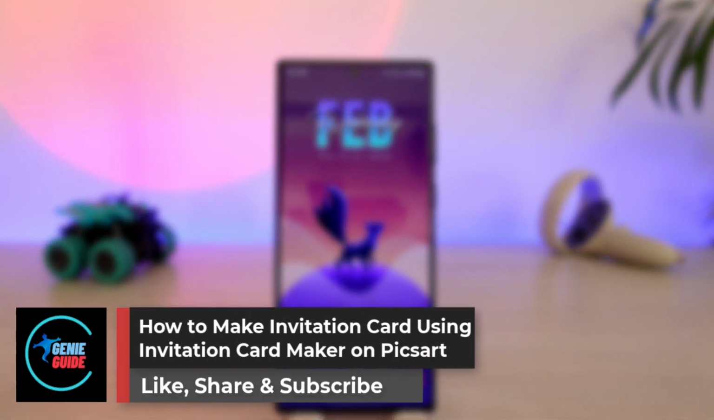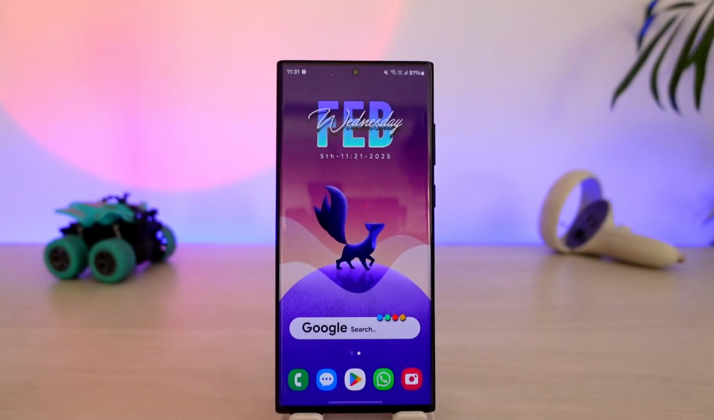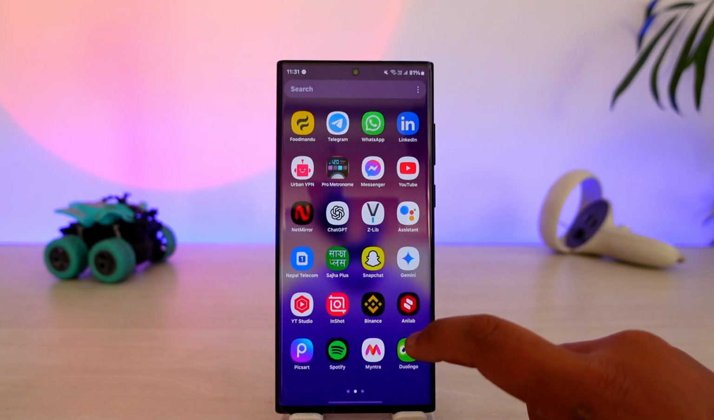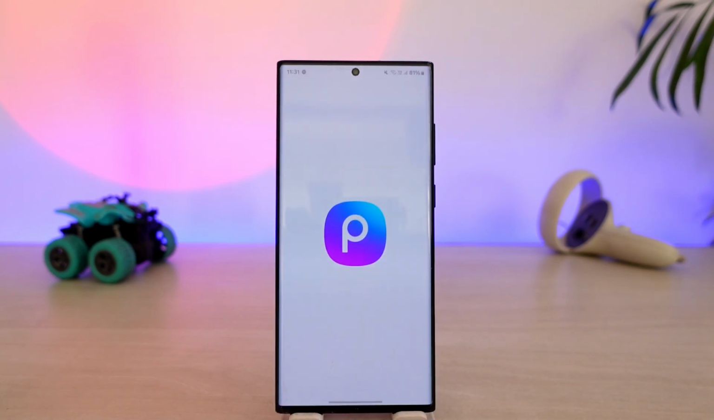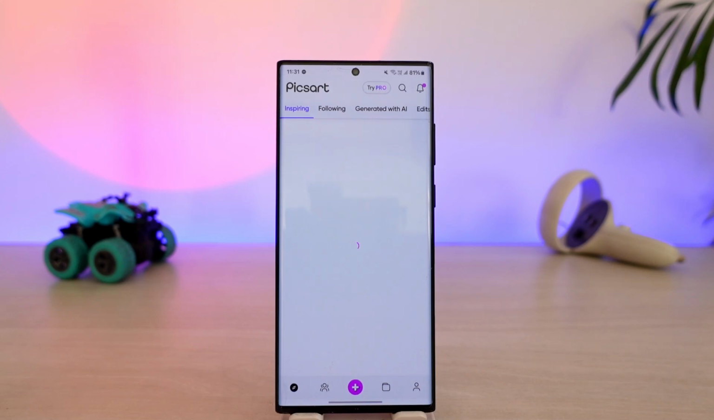How to make invitation card using invitation card maker on Picsart. If you use Picsart and you want to make an invitation card, it is very simple to do so. All you have to do is just go ahead and first of all launch Picsart, and once you launch Picsart,